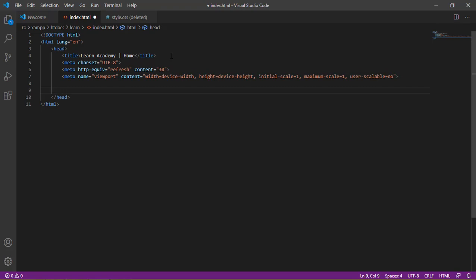Then let us go to the links. The link that we need here, probably let us start with the link to communicate with the HTML, the CSS, or the other one we said was about